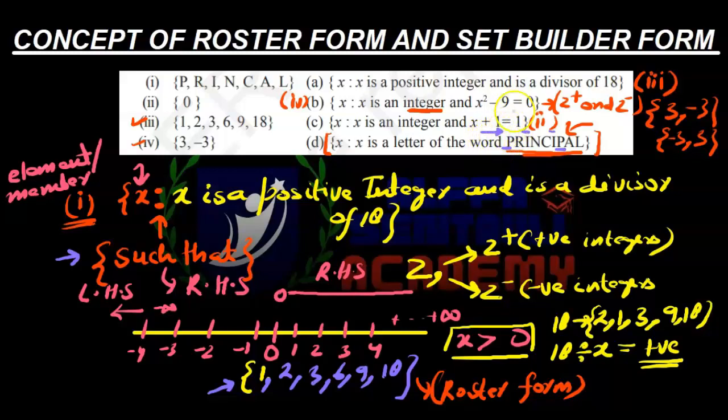So this represents our answer in a very neat and tiny manner. The answer of D is the first one. So this is the concept of set builder form and roster form. So far so good. Now we will be learning about some other concepts, and we will be starting with Exercise 1.1 of the NCERT book.